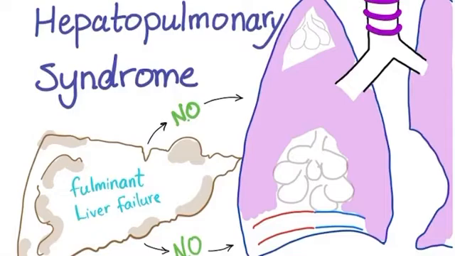In the previous video, we talked about the triad of hepatopulmonary syndrome. Now let's get more details and more pathophysiology. So, hepatopulmonary. A problem in the liver will lead to a problem